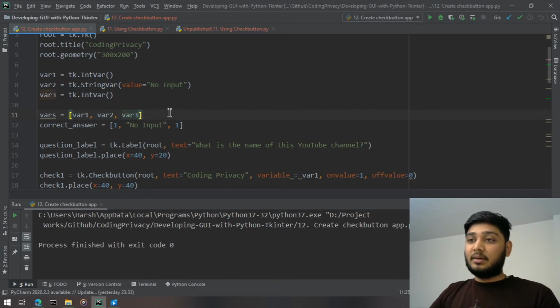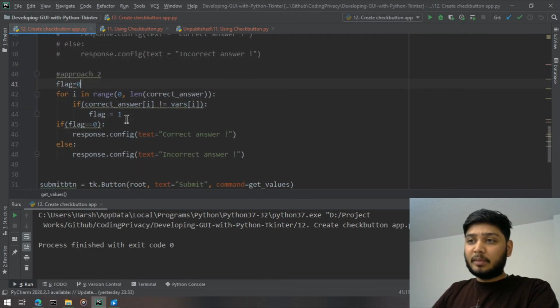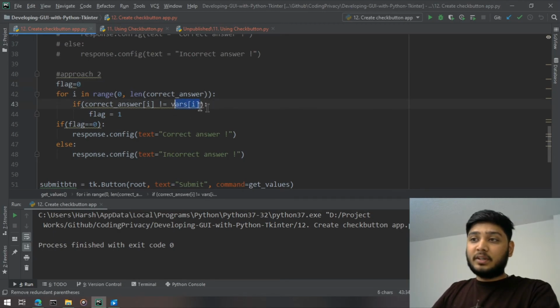But so what we need to do here is that we only need to pass the variable object. So I have passed the variable object in the list. So the list now contains these three variables, string variables, which are going to change after some time, and then you're going to check if the correct answer list matches with the where's, right? So here we come again, and then now what I want to do is where's I get the object over here now, and now I fetch the value using .get.